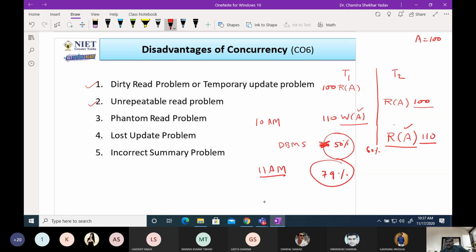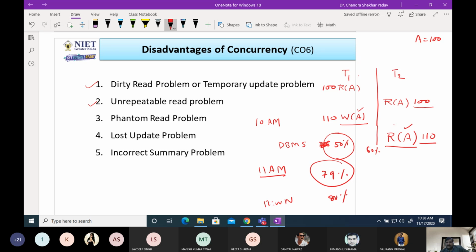पता लगा कि 12 नून को आपने देखा तो ये अलग चेंज हो गया, 80% हो गया। तो इसका मतलब ये अनरिपीटेबल रीड प्रॉब्लम है, जबकि हम सेम वैल्यू रीड कर रहे हैं। सेम वैल्यू रीड करते समय ये एक्सपेक्ट करेगा कि हम आइसोलेशन में रीड कर रहे हैं, इसे क्या पता कि T1 भी परफॉर्म कर रहा है। जैसे आप यूट्यूब देख रहे हो तो मिलियंस ऑफ यूजर्स वीडियो वॉच कर रहे हैं, आपको थोड़ी ना पता है कि कौन कौन वॉच कर रहा है। आप तो ये सोच रहे हो कि हम इन आइसोलेशन वीडियो वॉच कर रहे हैं।